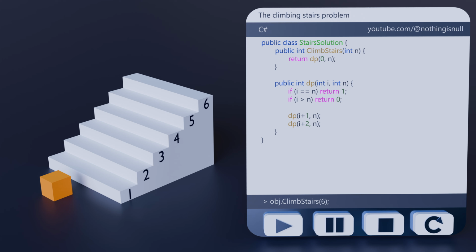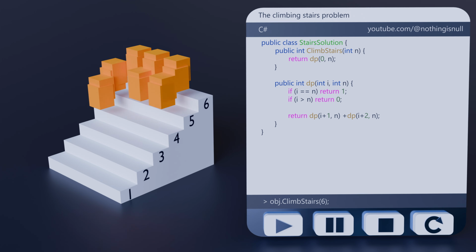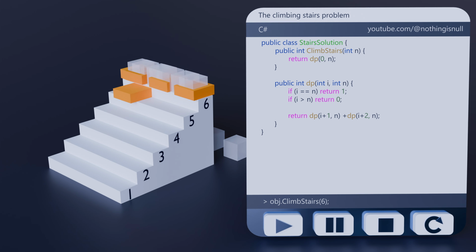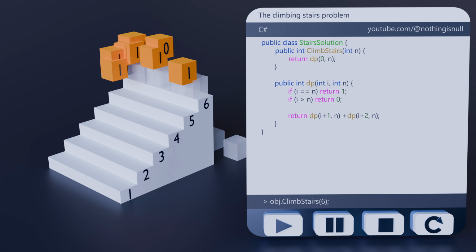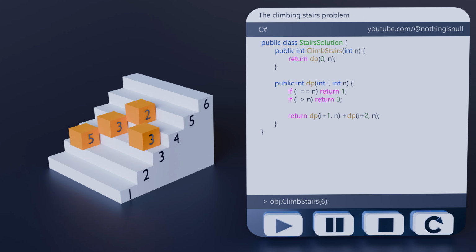After that, we can return the sum of the recursive calls. This is called the recurrence relation, and recognizing it solves the most important part of any dynamic programming problem. Let's run this. This approach not only simplifies our code, but also aligns perfectly with the principles of recursion and dynamic programming. By eliminating the global variable and returning values directly, our function becomes pure and side effect free, making it easier to understand and debug.